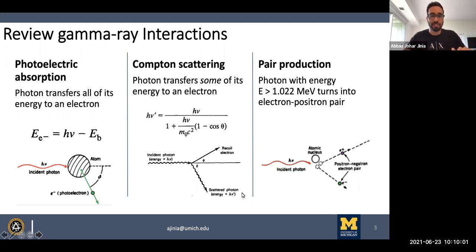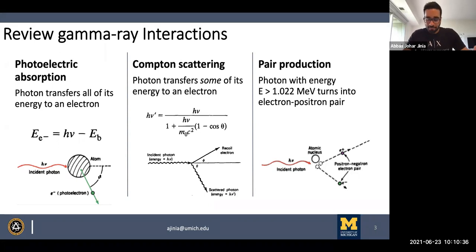And the third type of interaction is pair production. Now, pair production is not always possible. For pair production to happen, the energy of the incoming photon must exceed twice the rest mass energy of the electron. That's the minimum amount of energy that is required for this reaction to happen. Now, the rest mass energy of the electron is 511 keV, so we need about a 1.02 MeV photon for pair